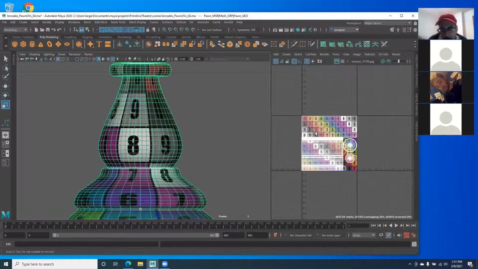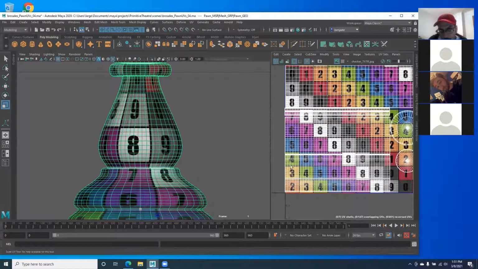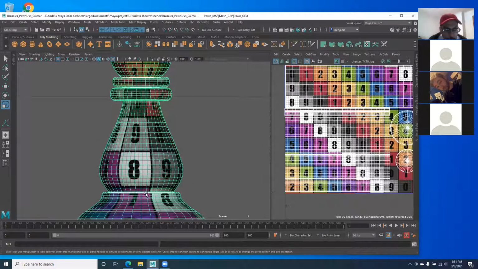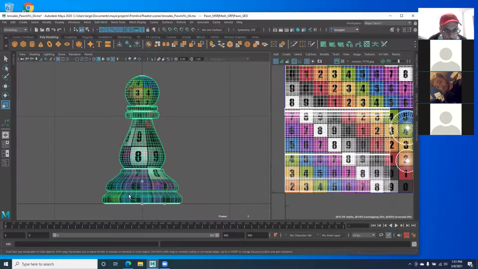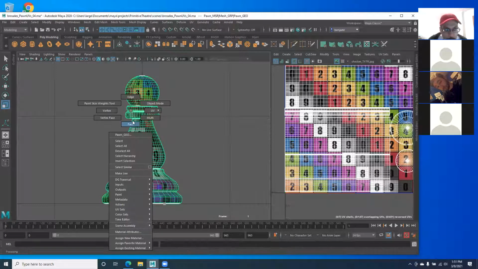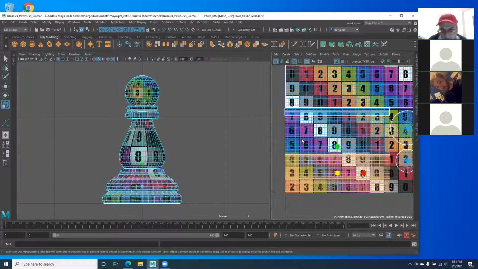So that would be a good reason to segment these. But if you're using all the same material, from the bottom all the way to the neck, like I did, all you need to do is make one projection out of all three of these segments, or actually there's 4 segments. So I would just use a cylindrical